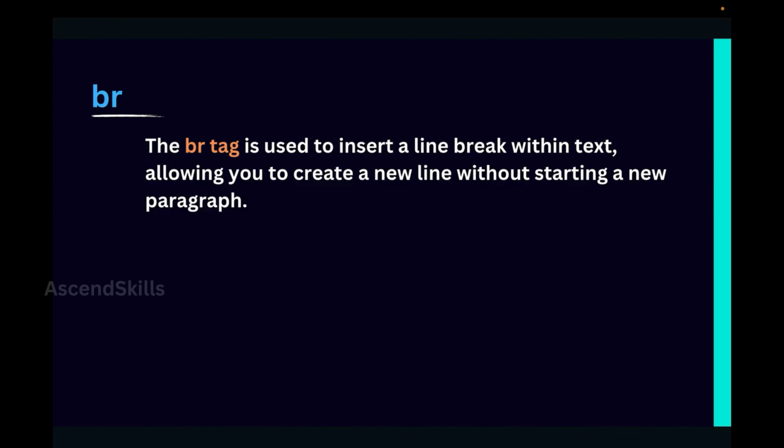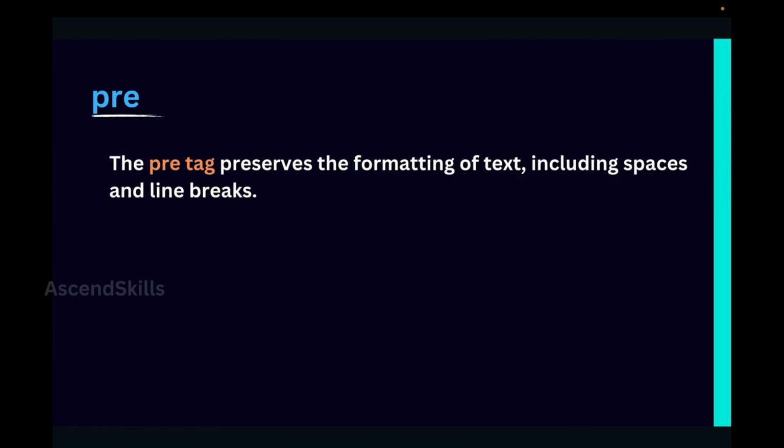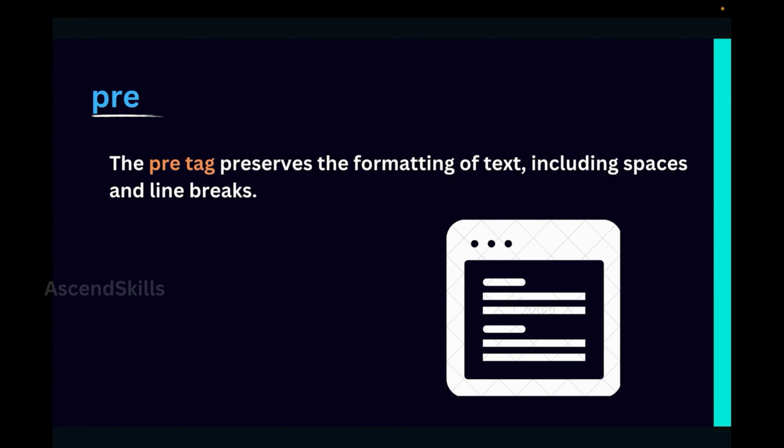The break tag is used to insert a line break within text, allowing you to create a new line without starting a new paragraph. Like the horizontal rule tag, it is also a self-closing tag. The pre-formatting tag preserves the formatting of text, including spaces and line breaks. It displays text in a fixed width font, making it ideal for code snippets or any text